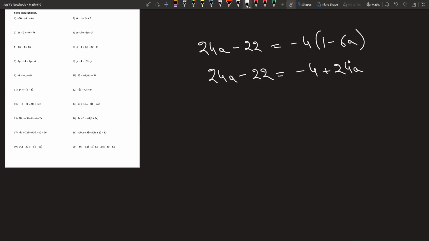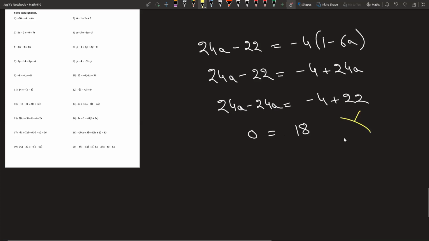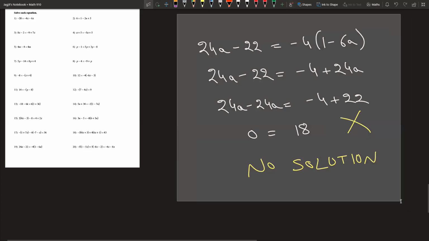And now you bring all that a terms together. So this 24a, we're going to move it to the side. So we get 24a minus 24a. This is minus 4. We're going to move minus 22 to this side. It becomes plus 22. Well, that just becomes 0. And minus 4 plus 22 is 18. Guys, is 0 equals to 18? Nope. No solution for this, folks. Yes, we have no solution for this, okay? You got to be careful for these ones. These ones are a bit